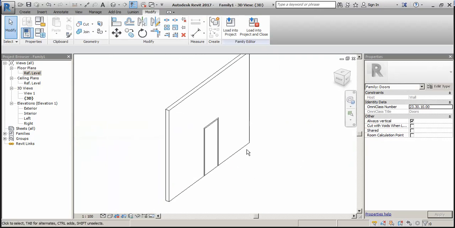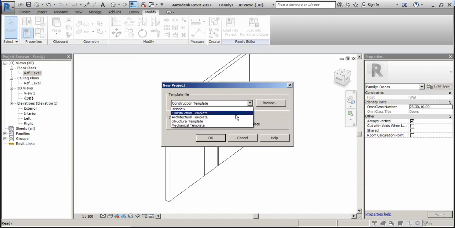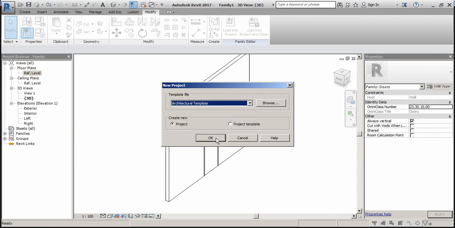So now we have to check whether this is good for a wall or a project. So we will create a new project. So here new project, and it is architectural template.